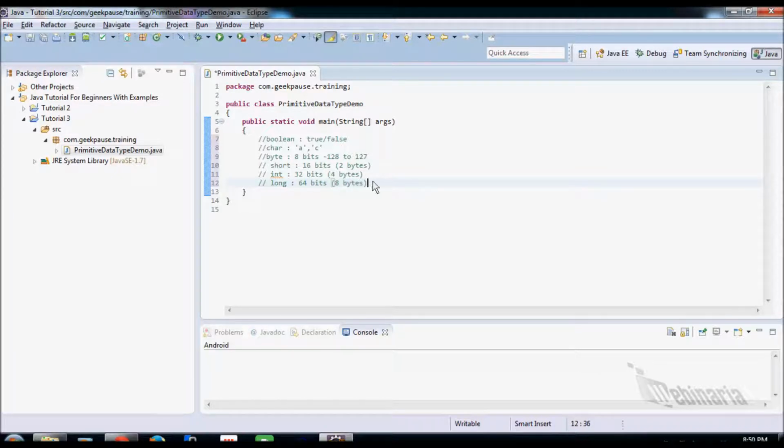Now, if you notice, byte, short, int and long cannot store a number if it has a decimal point. So if you want to store a number which has a decimal point, you will need to use a float or a double data type.